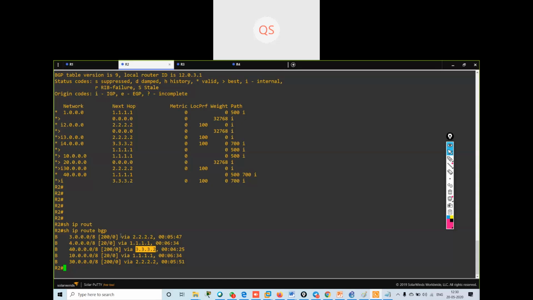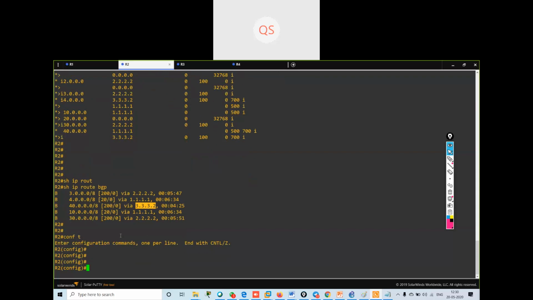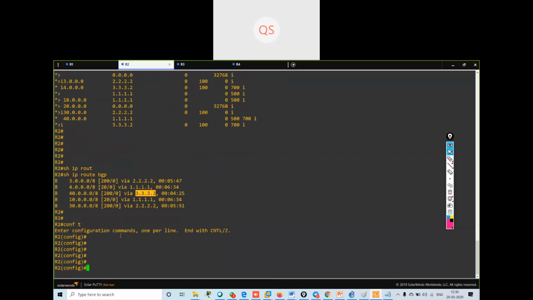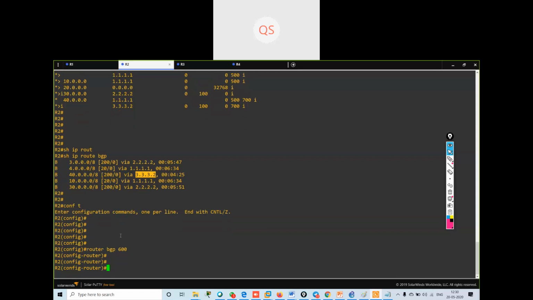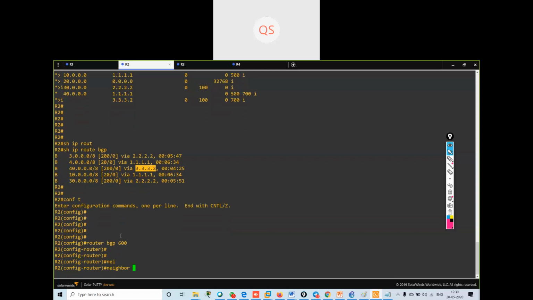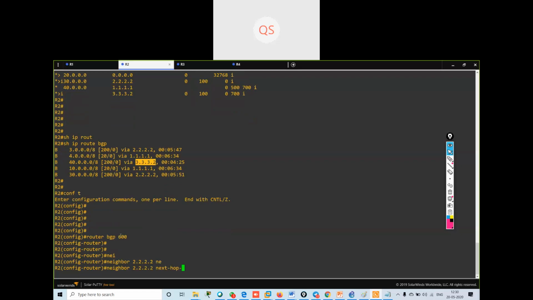I will go on R2 and give the command: router BGP 600, neighbor 2.2.2.2, next-hop-self.